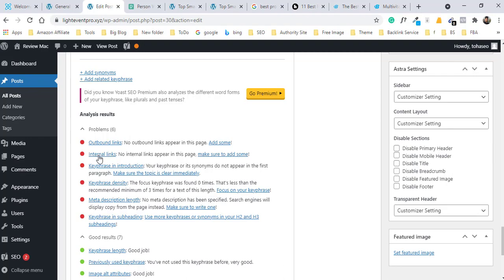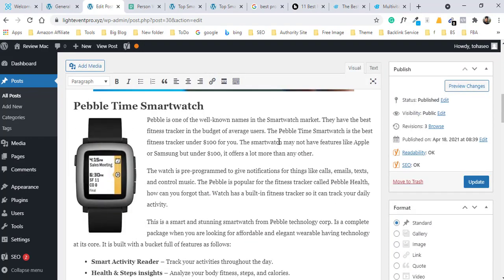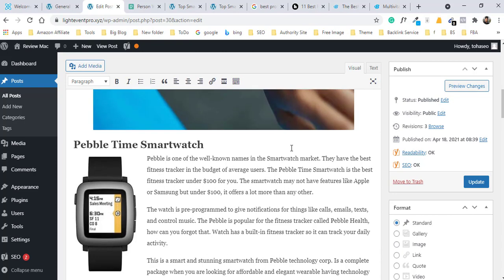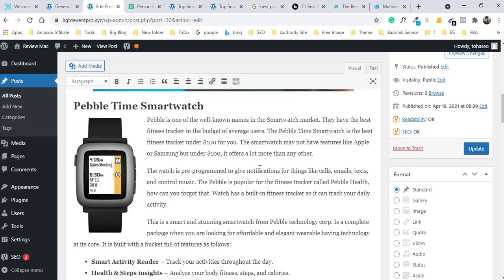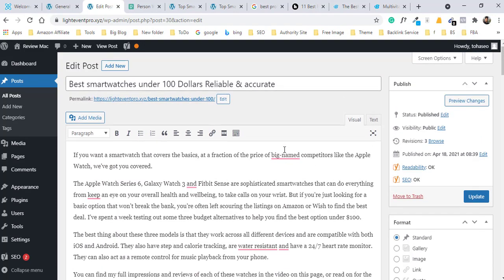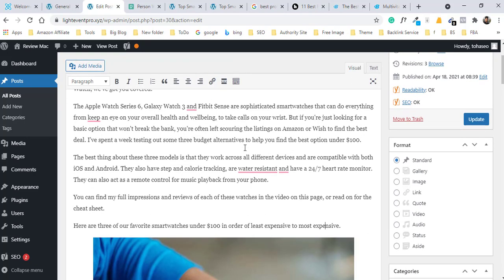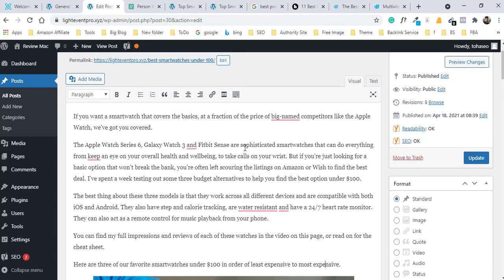So at first I use an internal link. Okay, so here I'm searching for the opportunity. Here I saw the text Apple Watch.